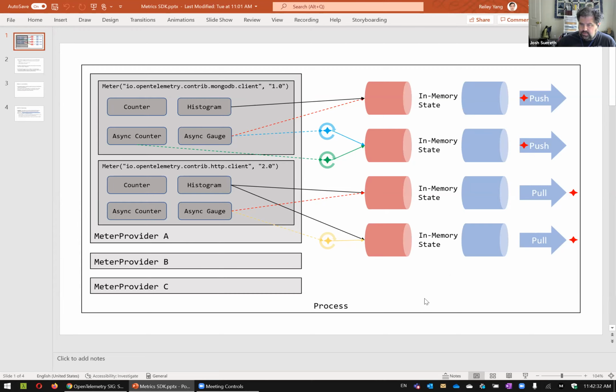So in a pull-based exporter, when you get a pull, that's when you decide on your stop time for the cumulative or delta distribution that you're looking at, right? Yes. And for push, there's something else that decides when to do it. The way I think push and pull, they're actually the same. The only difference is the push exporter is triggered by a timer or something else, like memory pressure. The pull exporter is triggered by some external call, like the scraper call. But they're both reacting to some signal.